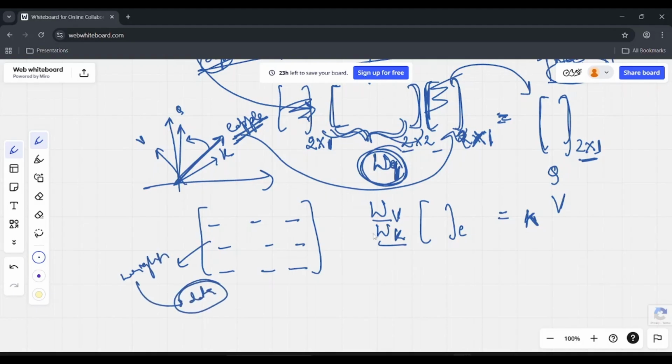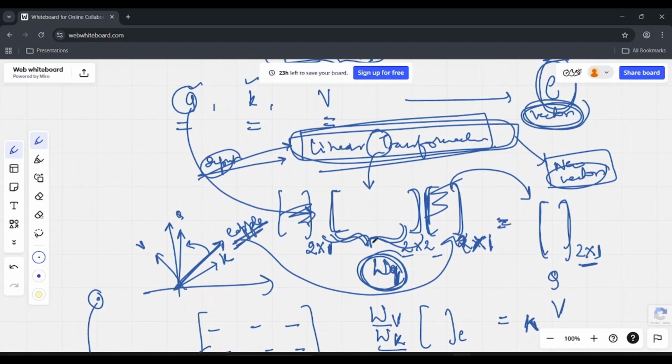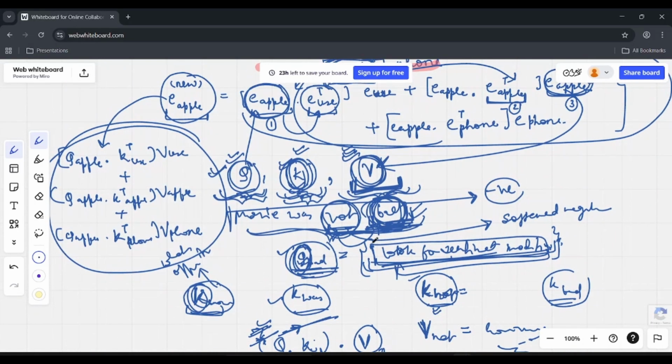So finally, from our dot product, we reached the point where we have something that can learn from the data that we have. And this learning will happen through backpropagation. And now we are clear with what we want. We want task specific contextual embeddings from our word embeddings. And how are we doing it? We are doing it through this equation that we have here.